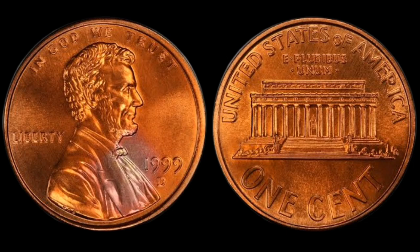And as if all of that weren't already enough to justify major collector interest, detailed die crack mapping showed a distinct crack running from the rim through the word "trust" on the obverse and onto Lincoln's jawline, indicating a deteriorating die at the moment this penny was struck, meaning it was likely one of the last coins produced by that particular die before it was retired, which is critical because coins produced near the end of a die's life tend to carry more error characteristics and are highly sought after. And finally, close inspection under spectral imaging revealed a faint but definitive blockage error along the coin's rim where part of another coin's design had transferred due to a mechanical jamming incident in the press, adding the final jaw-dropping mistake to an already unfathomable list of minting errors, making this coin arguably the most error-heavy small-denomination US coin ever recorded